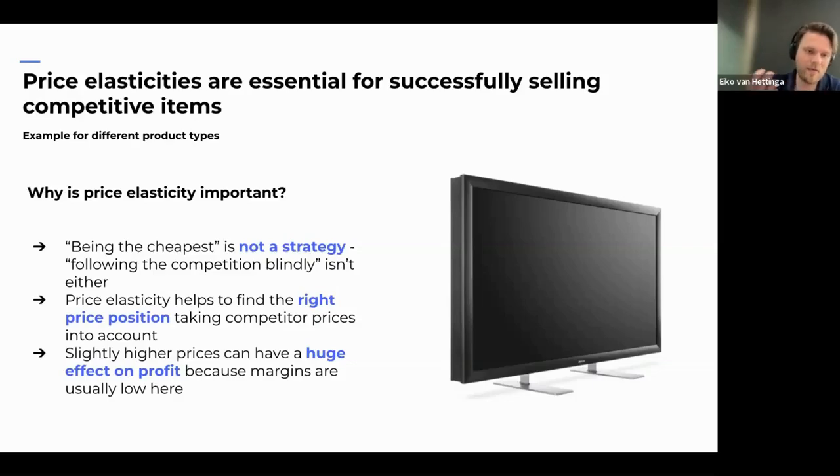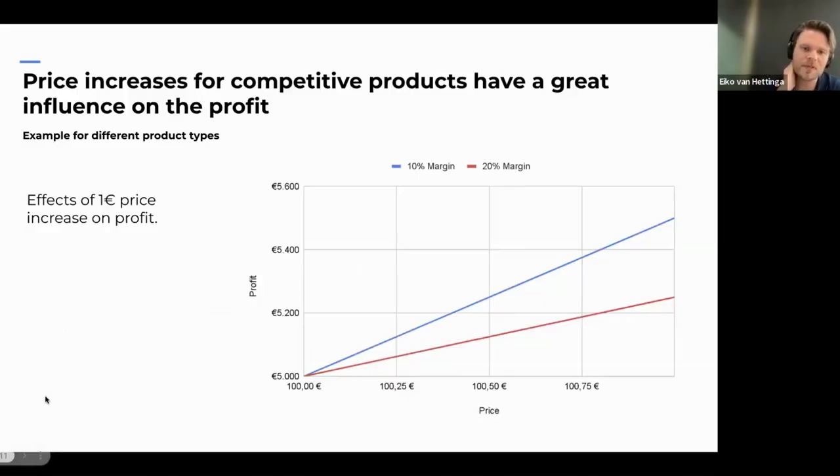And what we usually have here as an economic effect as well is that price changes for these particular products have a huge impact on the profit of these items. And I want to underline this with a simple example. Just imagine you have a product that you're selling for 100 euros and you're selling this product with a 10% margin. And now you're able to increase the price by 1 euro. Let's say, for the sake of simplicity, your demand is not changing. But your profit is increasing in this case by